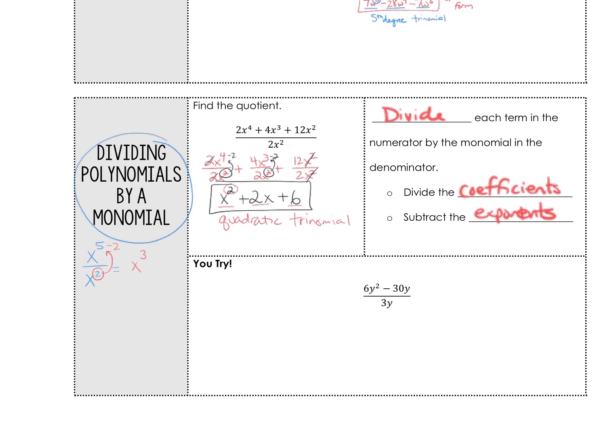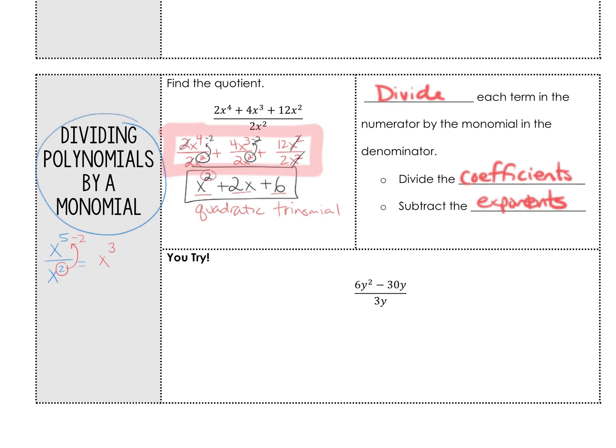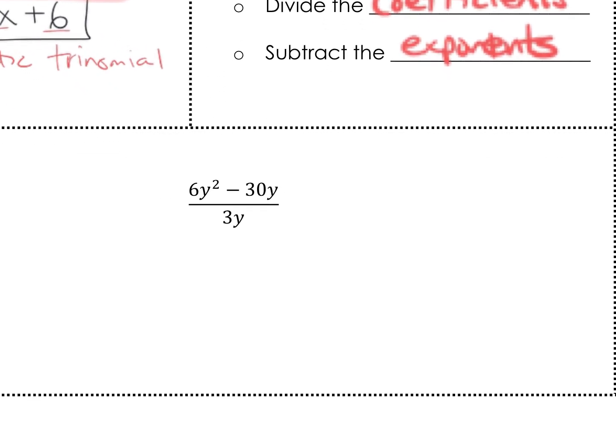Okay, let's try this next one a little bit different. So instead of writing it out the long way like I showed you just a moment ago, you can also just do it individually, where I might just think to myself, okay, so to start off, I'm doing 6y squared divided by 3y. So in my mind, I'm doing 6 divided by 3, which is 2. Y to the power of 1 is at the bottom, y squared is at the top, so that's y squared minus 1, or just plain old y. I'll copy over my negative sign, so it's going to be minus,